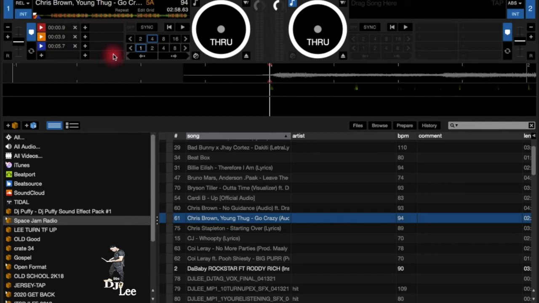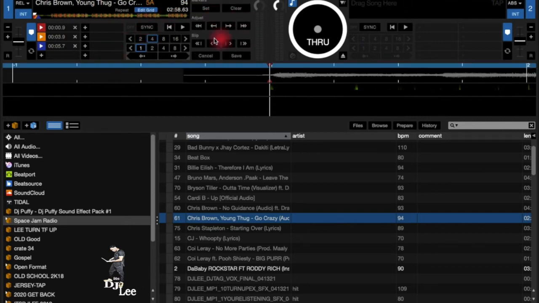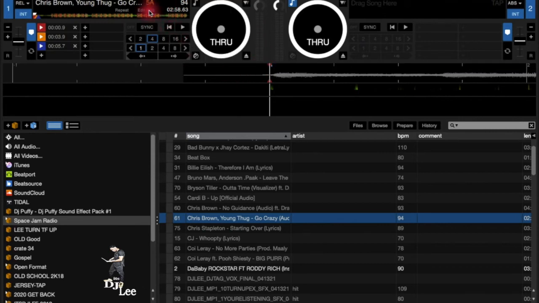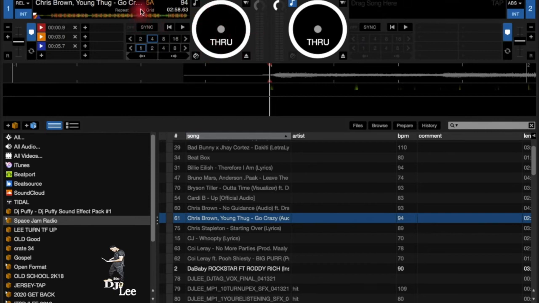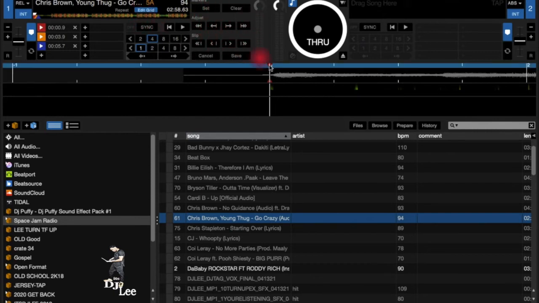When I clicked on edit grid, I don't know if you guys saw, but a whole other menu popped up and then this right here disappeared. I hit edit grid and this popped up. So you could change your markers, change your bar setup. You can drag them over if they're not dragged on, or if it's not set to the right BPM. You could drag your bars over and line it up in time, in the actual right time. Alright, so let's edit that. Make sure you want to save that after you do that. Alright, don't just do it, then hit cancel or whatever. Hit save so that it saves that as how it should be.